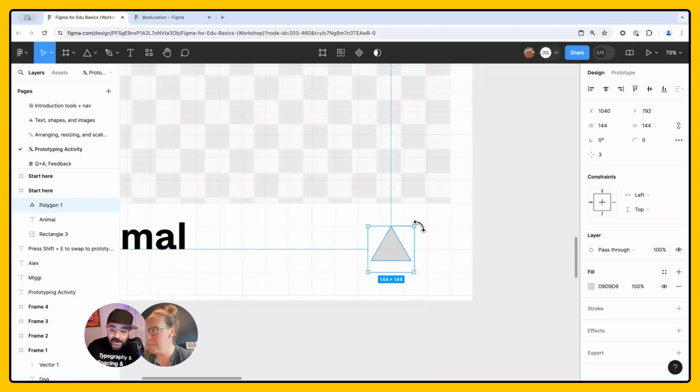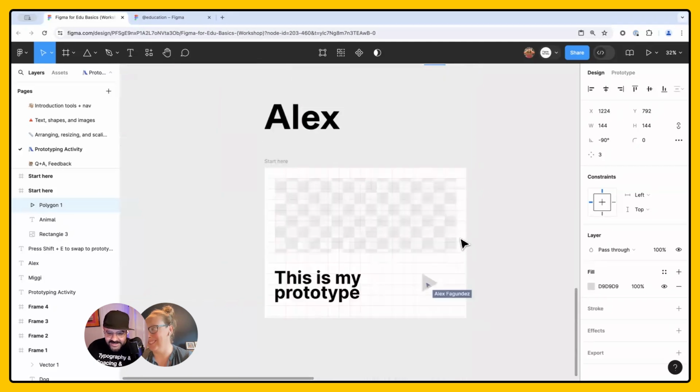And here I'm gonna rotate it. I guarantee you we will finish by 10 after. We'll be good. We're doing well. We got this. I'm not giving up on my prototype now. I'm not giving up on you either. The next part's gonna be easy. Okay, cool. There it is.